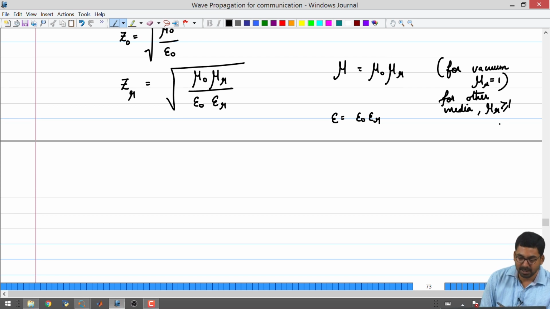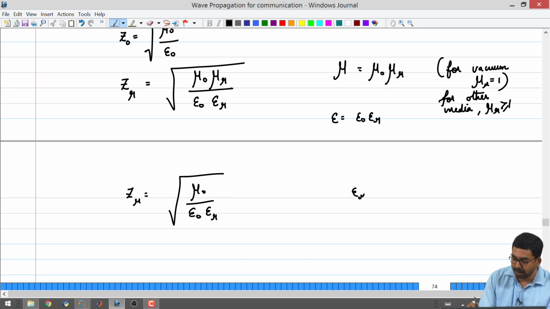which means that for non-magnetic materials, which are very common, Zr is square root of mu naught divided by epsilon naught epsilon r, and we are saying that epsilon r is greater than 1.